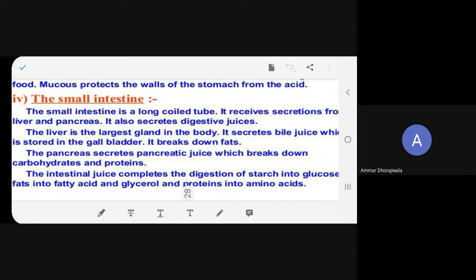So now next is the pancreas, which is producing pancreatic juice. What is the function? They break down these complex substances into simpler ones, such as carbohydrates and proteins. Next,